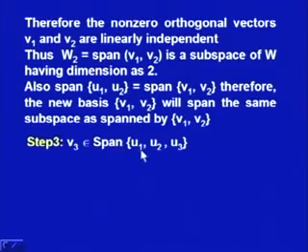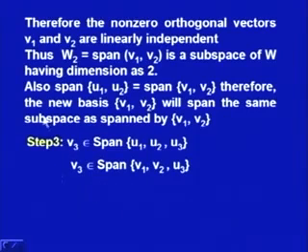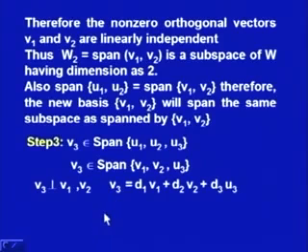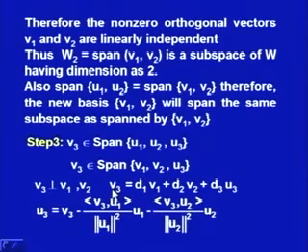We consider span of three vectors u1, u2, u3 from the given set S, and we consider v3 in this, and we apply the same philosophy that we used in the earlier step. So v3 belongs to span of v1, v2, u3, and we choose v3 in such a manner that it is perpendicular to v1 and v2. So we have two equations. We have this equation: v3 is equal to d1 v1 plus d2 v2 plus d3 u3, and we apply this